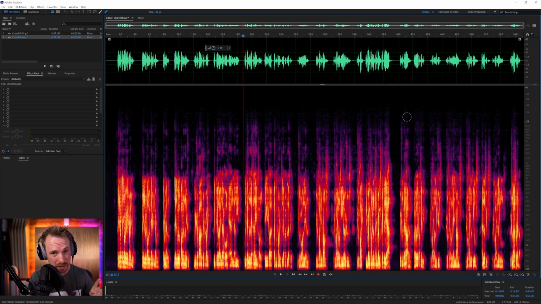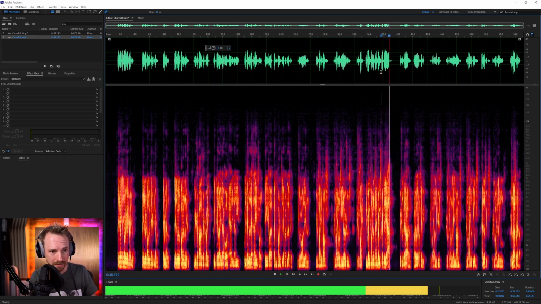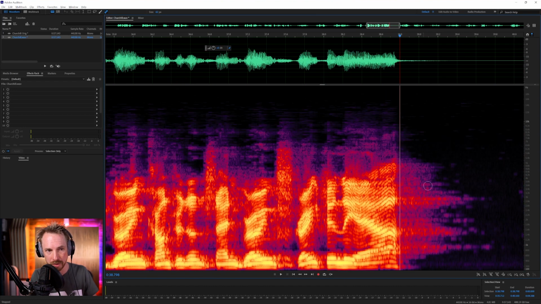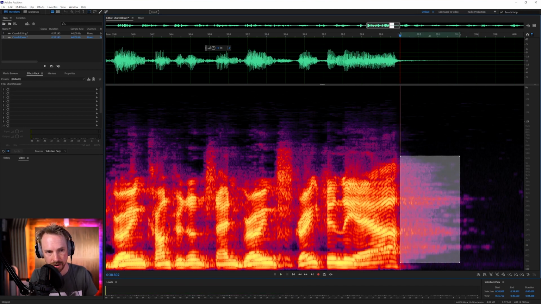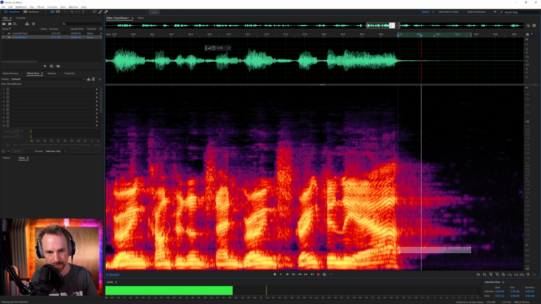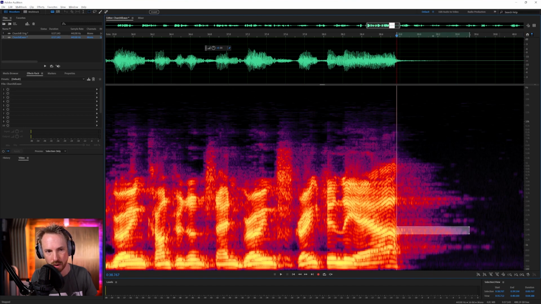One of the biggest problems with this speech, it was given in a large open space and there is a lot of reverb, and you can hear that in particular here. Strength in the air. When he says air, and then we've got all of that reverb. Fortunately, in spectral frequency, that reverb information is retained right here, and if I get the marquee selection tool, we can see it's happening around here, specifically here, and here, and here. So we can see frequencies at 800 hertz, about 1.6K, and just under 3K.